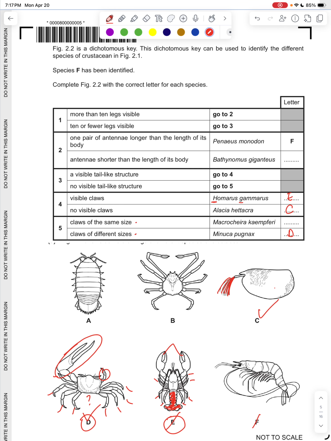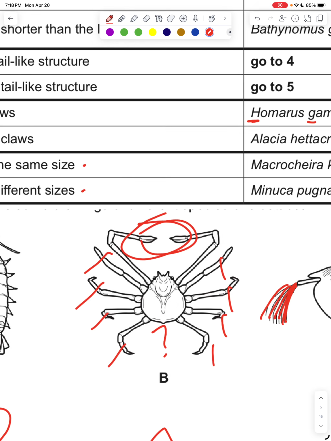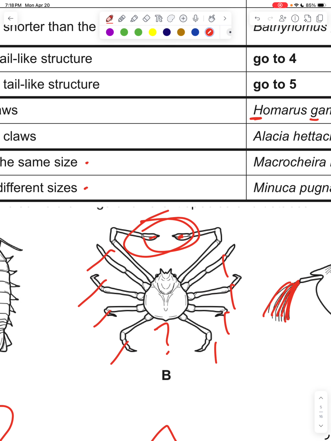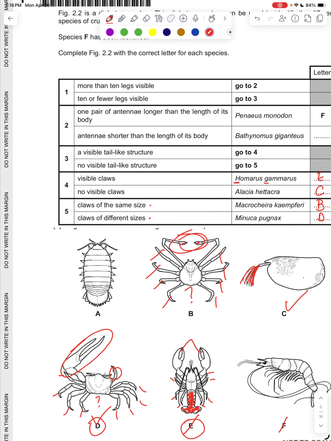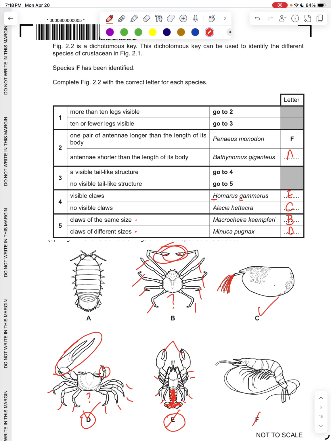B. How many legs do we have? 1, 2, 3, 4, 5, 6, 7, 8. These are for feeding. We have 8 legs. So 10 or fewer legs. We go to number 3. Visible tail or no visible tail. There's no visible tail here. And so we're going to go to 5. Claws of a different size, claws of the same size. These little claws are the same size. So here's B. And then we can identify that A is going to be left over, but just to